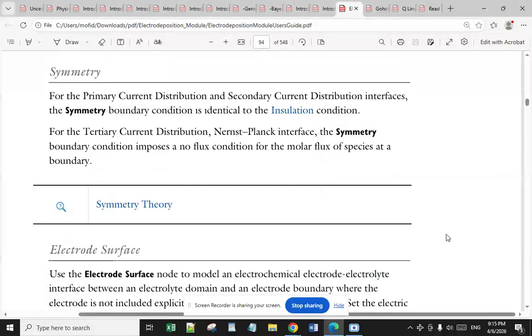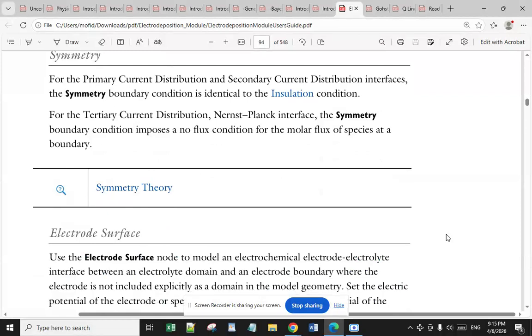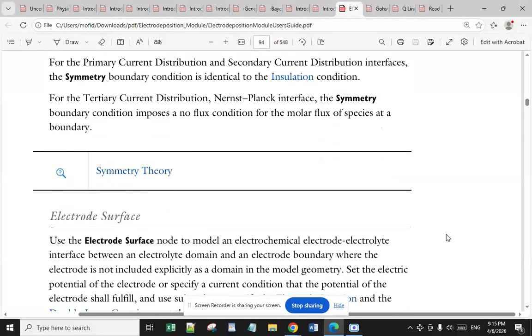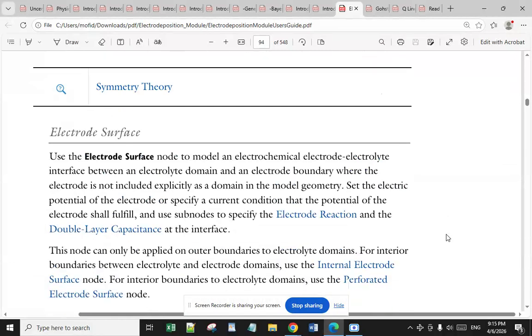For the primary current distribution and secondary current distribution interfaces, the symmetry boundary condition is identical to the insulation condition. For the tertiary current distribution Nernst-Planck interface, the symmetry boundary condition imposes a no flux condition for the molar flux of a species at a boundary. Now I want to go through the